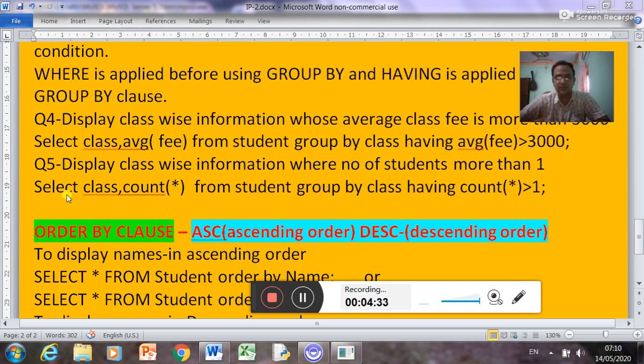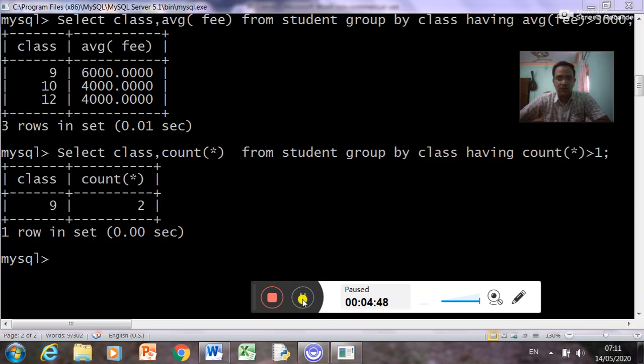So for this we will use SELECT class, comma, COUNT(*). COUNT(*) will count the number of records FROM student table GROUP BY class HAVING, in place of the WHERE clause, COUNT(*) greater than 1. So you can see only class 9 has a number of students greater than 1. So the output is in front of you and the condition greater than 1 is satisfied here.